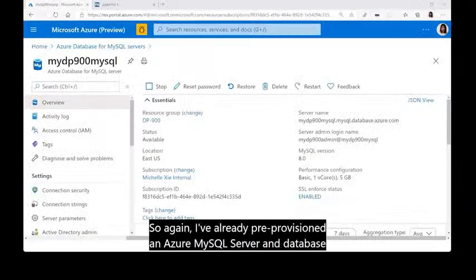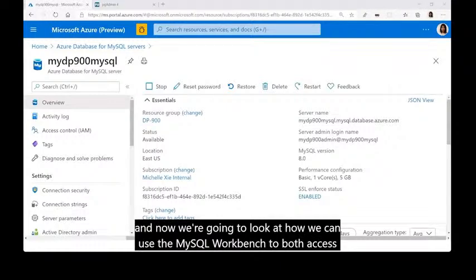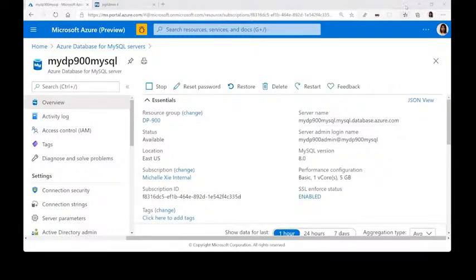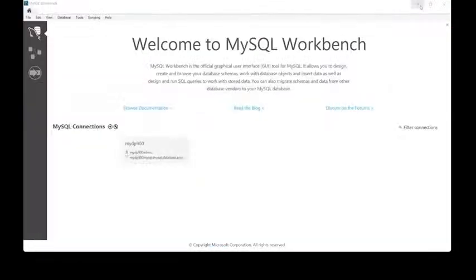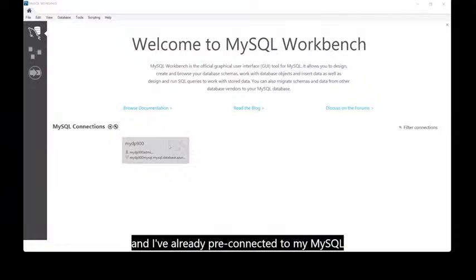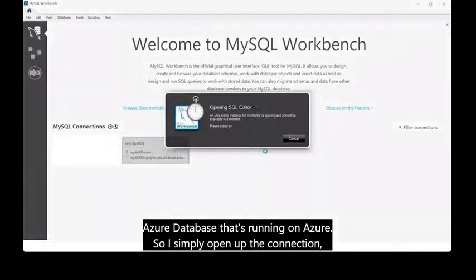So again, I've already pre-provisioned an Azure MySQL server and database that's running on MySQL. And now we're going to have a look at how we can use the MySQL Workbench to both access this MySQL database that's running on Azure and execute some queries against it. So I'm on my MySQL Workbench, and I've already pre-connected to my MySQL Azure database. So I simply open up the connection,